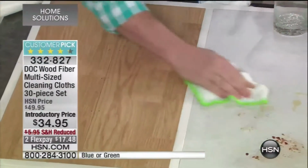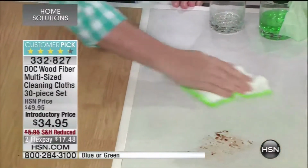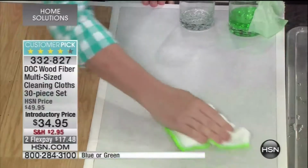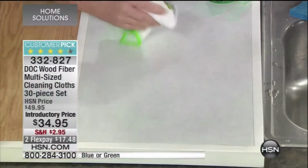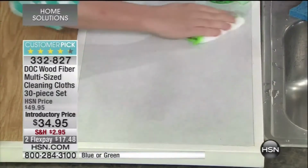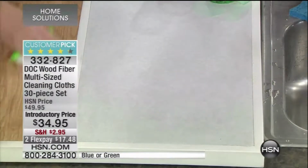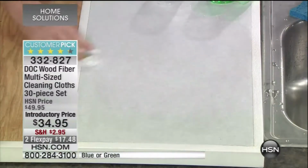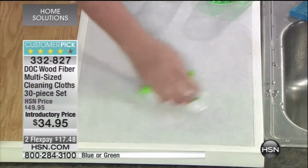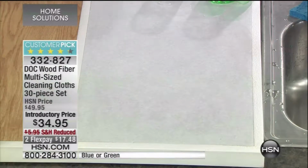You've got these sticky messes. We just put down some, I think we used a little grape jelly this morning. A little syrup over there. Absolutely. There's some sticky jelly. Right up. And some honey. What we're doing? No chemicals. No chemicals. We're saving all that money, and it's squeaky clean, folks. There's nothing there, with just water, ordinary tap water. You don't need to spray any chemicals on it, because with the Dot Cloth, that's all you're going to use